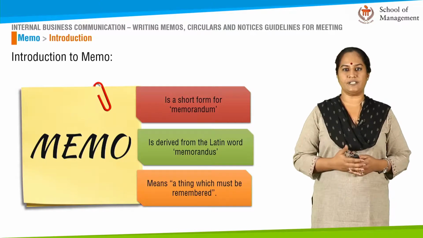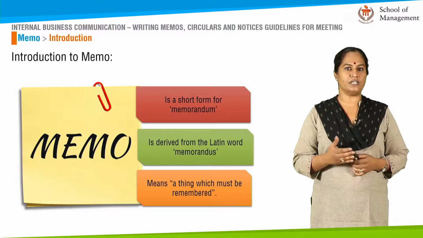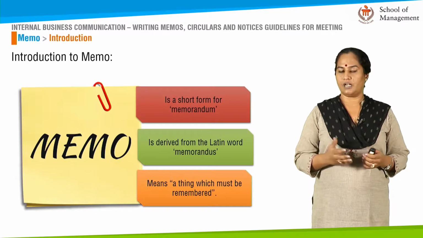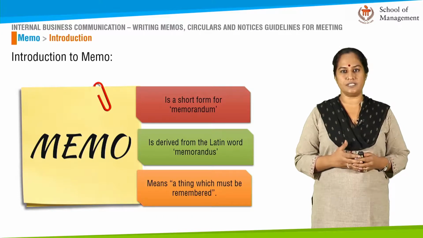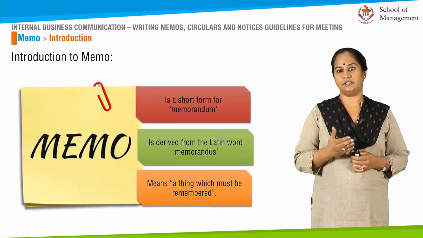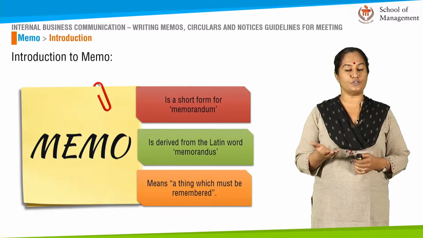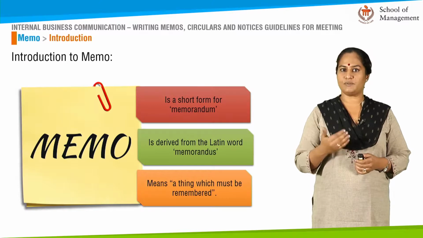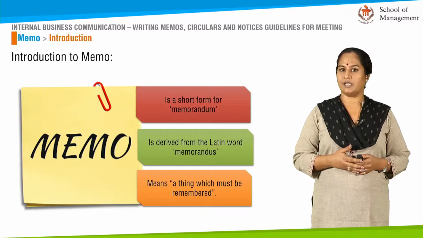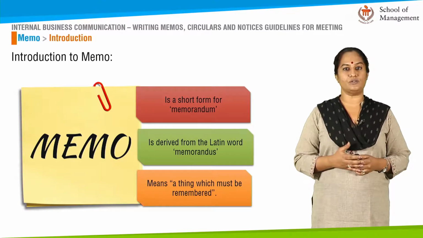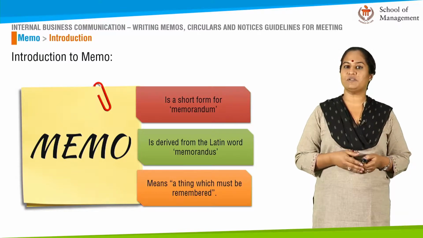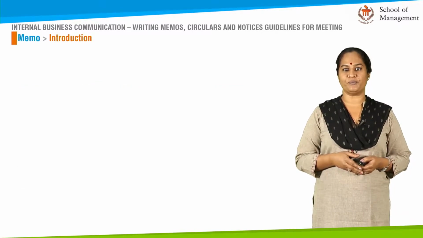employees. Let's take, for example, there has been a meeting with regard to pest maintenance or pest control in an organization. Now, everybody in the office cannot come for this meeting. It is the facilities or the maintenance team that would meet. But the meeting would come up with some kind of a solution for pest control and steps to be taken. Now, these steps have to be conveyed to the rest of the employees. And how is this done? It is done by using a memo. Now that we've looked at the meaning of a memo, let's take a look at some of the distinctive features of a memo.